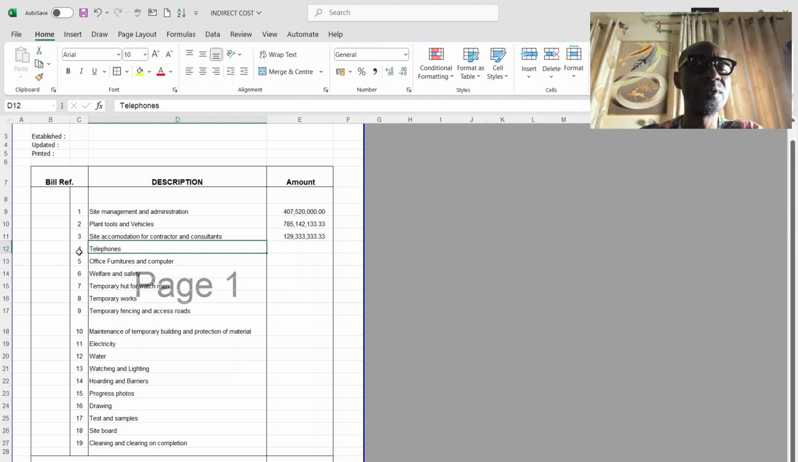Today we're going to be dealing with the next two items, which are telephone and office furniture. Like I said in the last episode concerning accommodation, I said I was going to